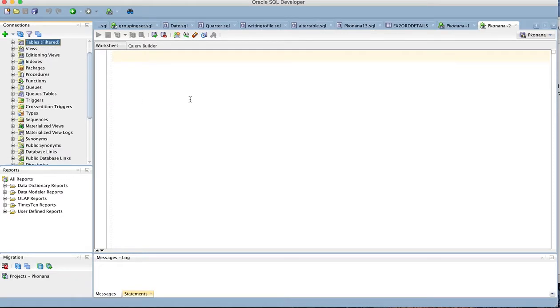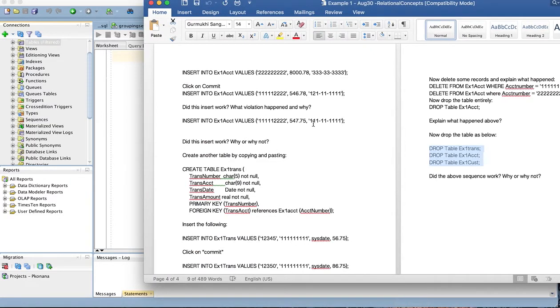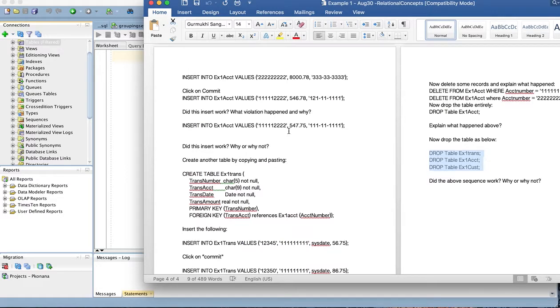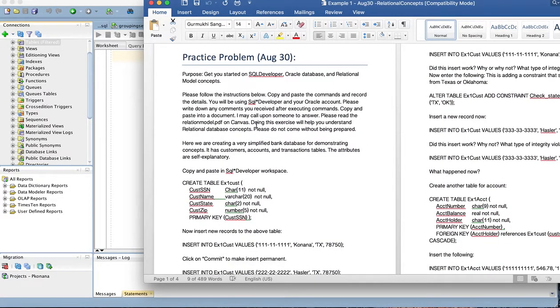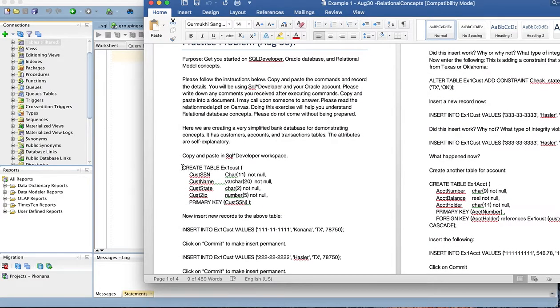So what we'll do next, in about 5 to 6 minutes, is show how to use those scripts that I gave you, copy them, and create those tables and test them out. The one I have sent you is this example 1 August 31st relational concept table, and there are a whole bunch of practice problems. So what you need to do is, first there is a create table. You basically copy that